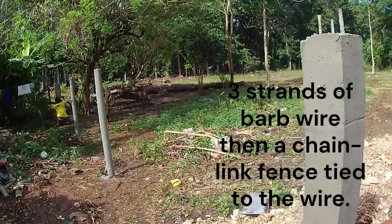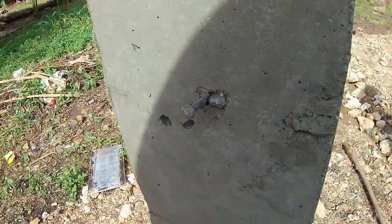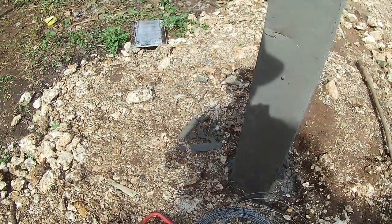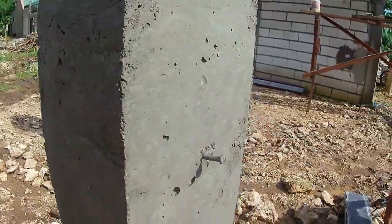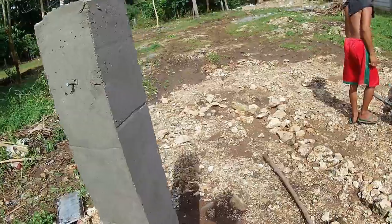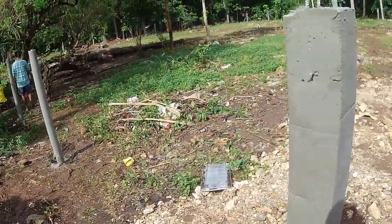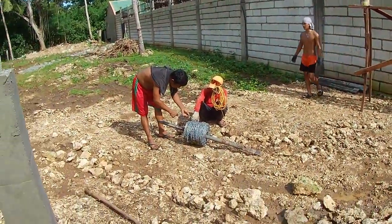So they drive the nails here. These are called cement nails here. Big, thick, giant nails. I don't know if you can see those or not. They drive them into cement. I've never seen it, but I've done it now that they've done it, and it works out quite well. That will be their fastener. It will string their barbed wire here, and then I got to attach the galvanized fencing, which we don't have out here yet, to the